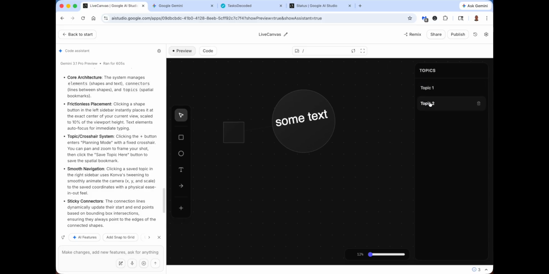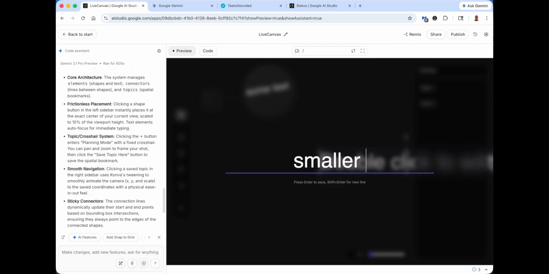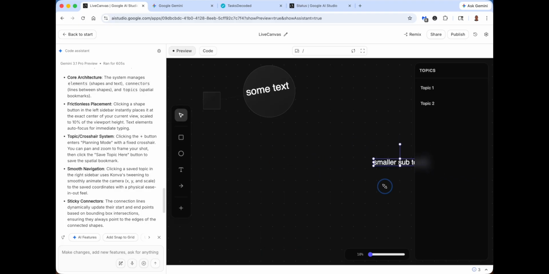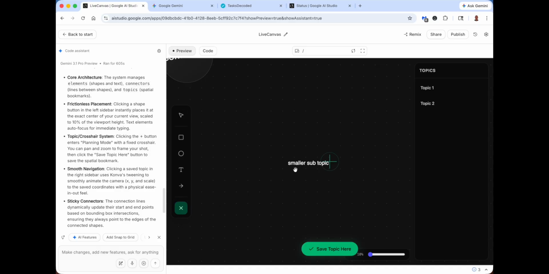Okay, so topic 1, topic 2. Now that works. Look at that. And not only did it move it, but it scaled it. I noticed something. Okay, so let's say we were in a project and we're talking about a big topic, but then we're talking about a smaller subtopic. Okay, smaller subtopic. And I'll just forget it. Delete that. Okay, so there's the smaller subtopic, and I wanted to make that